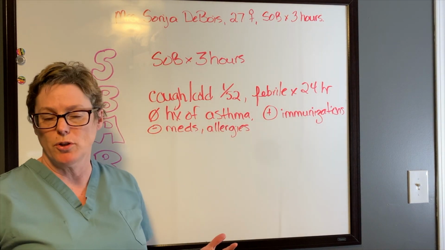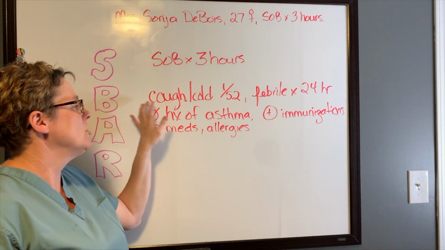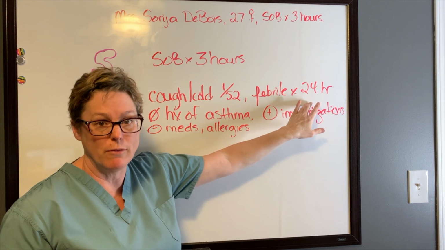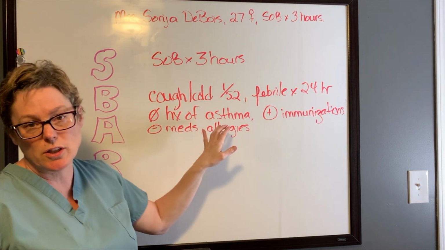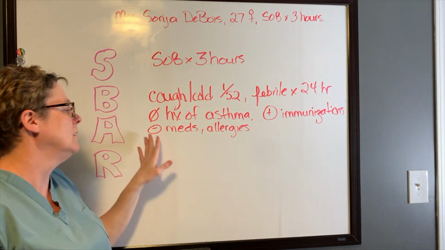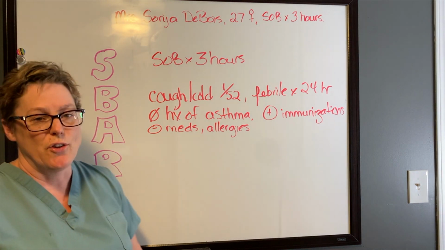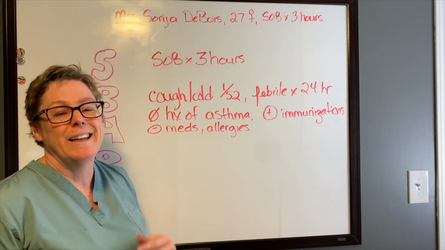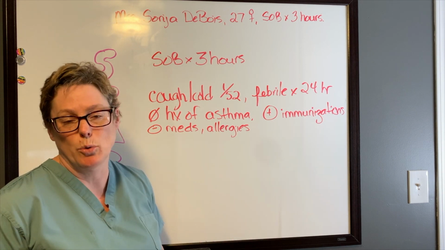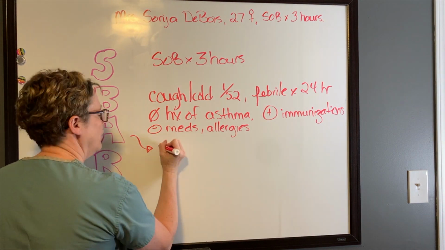So as you've talked with her and you've gathered a little bit of history, you realize for background that she's had this cough cold for 1 week. She's been febrile for the last 24 hours. She has no history of asthma. She does have her immunizations up to date, and she's on no medications, and she has no allergies. So that's part of her background. Now, assessment, we need to actually look, listen, feel, find out what's going on with her. So after you have done her set of vital signs,